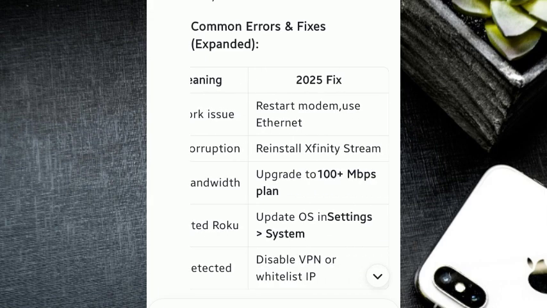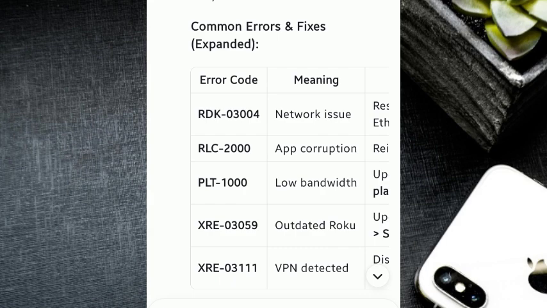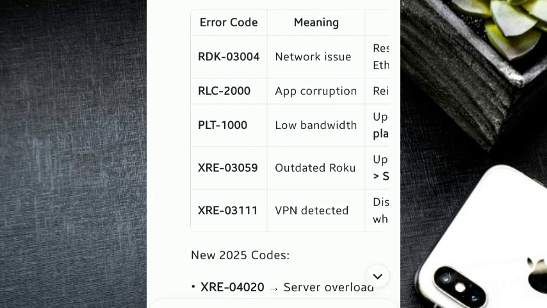Your Roku is outdated. So what you do is simply update the operating system in settings. You tap on Settings, then you tap on System, and then you update the operating system for Roku. So the next error code we have is